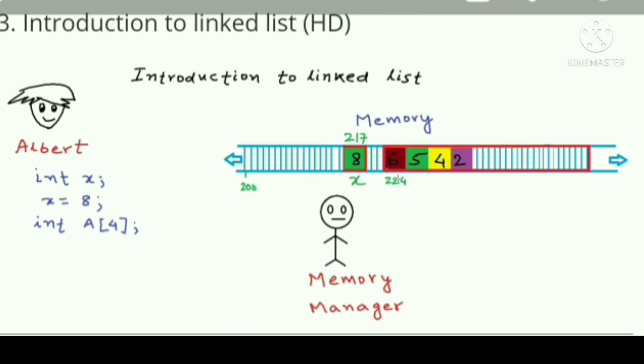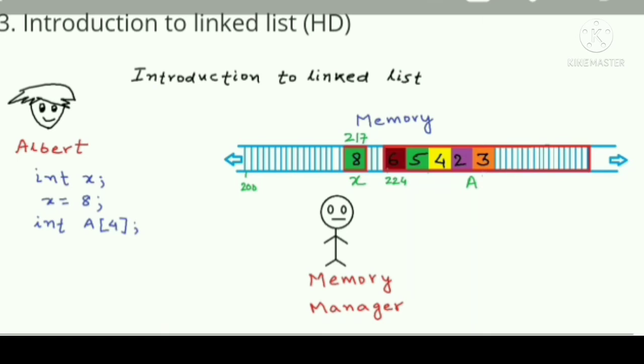This new block starting address 224 is allocated. Albert asks the memory manager to free the previous block, and this is some cost. He has to copy all the elements, all the numbers from the previous block into the new block, and now he can add one more element to this list. And he has kept his array large this time, just in case he needs more numbers in the list. So the only option that Albert had was to create A as an entirely new block, as an entirely new array.